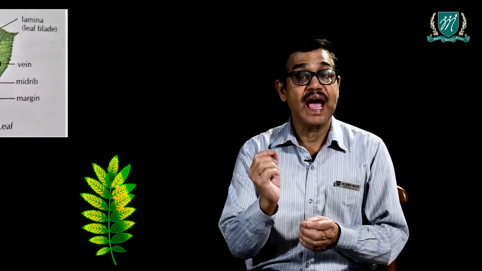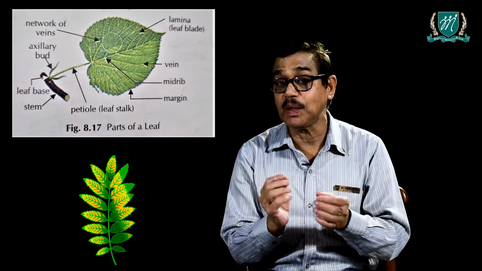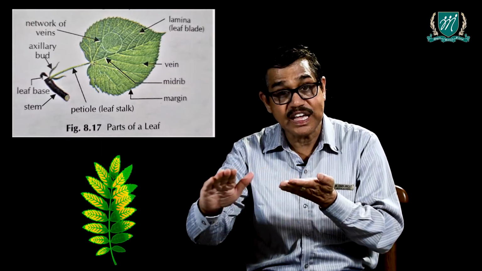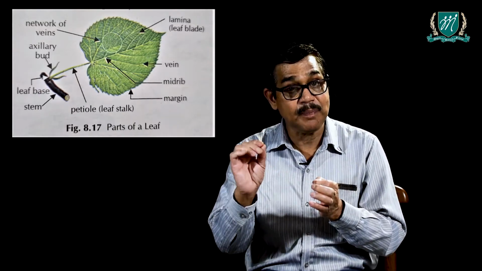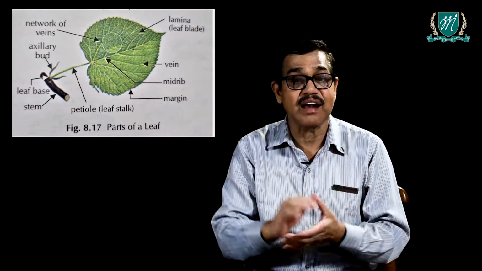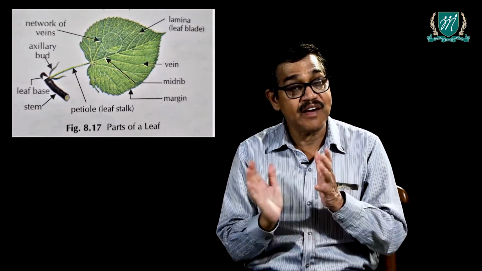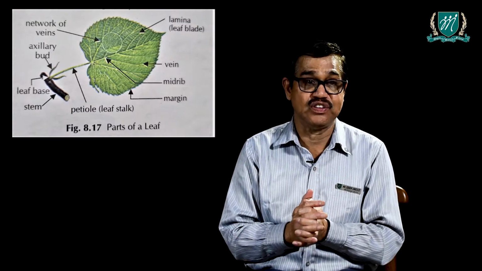Leaves are the most important part of the plant. They're called the kitchen of the plant. Basically, the plant's leaves can have different structure. The part which attaches the leaf to the stem is called the petiole. The broad part of the leaf is called the lamina or the leaf blade. A leaf can have leaf tip and the base of it. In the middle runs the main midrib. They have lateral veins and smaller, finer venations. Leaves are called the kitchen of the plant because they prepare food. The food that is prepared by the leaves is stored up and used up by the plant.